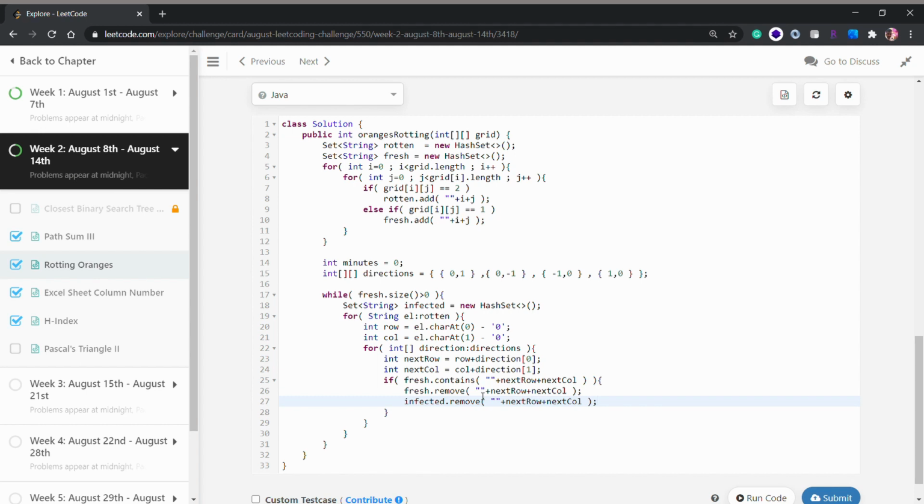Once they are infected, they are removed from our fresh hash set and stored into our infected hash set.